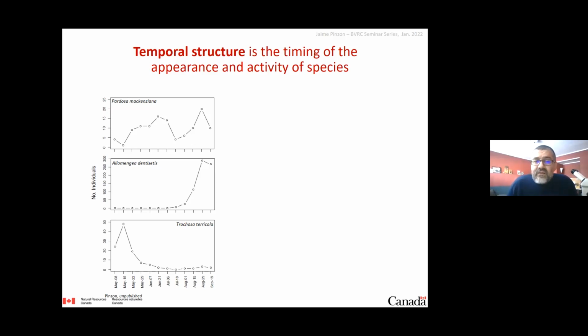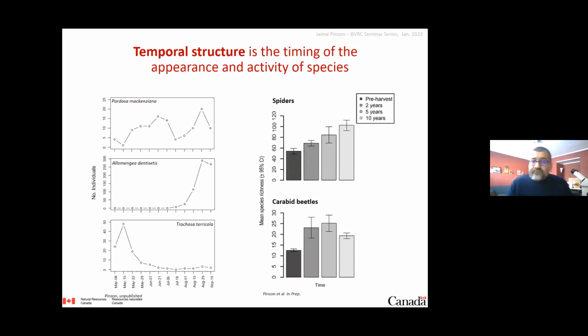So the first one appears only at the end of the summer, whereas the other one is more prevalent only at the beginning of the spring. So this is kind of showing that even at short temporal scales, there are changes in species composition at a given site. Now, if we start thinking about longer terms in time,